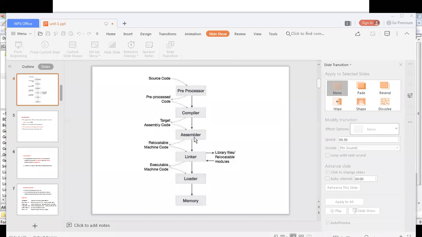Clear? See, what this assembler will do, listen carefully. A very simple line is there. Briefly, while converting the assembly language program into machine language code, the assembler will place the machine code in some address registers. It will decide the address registers and place the machine code in those address registers. The assembler will give some addresses to the machine code.